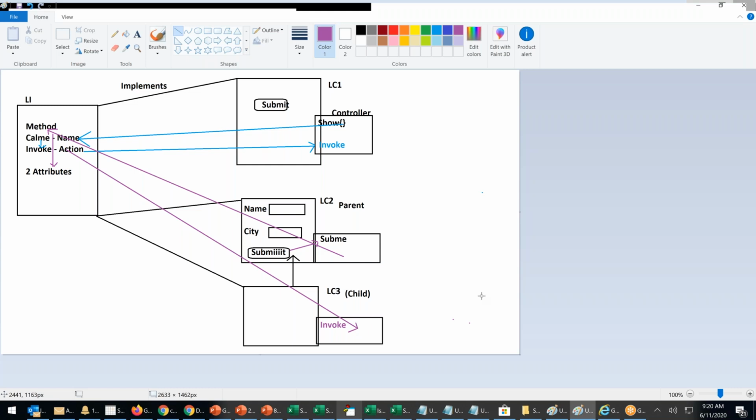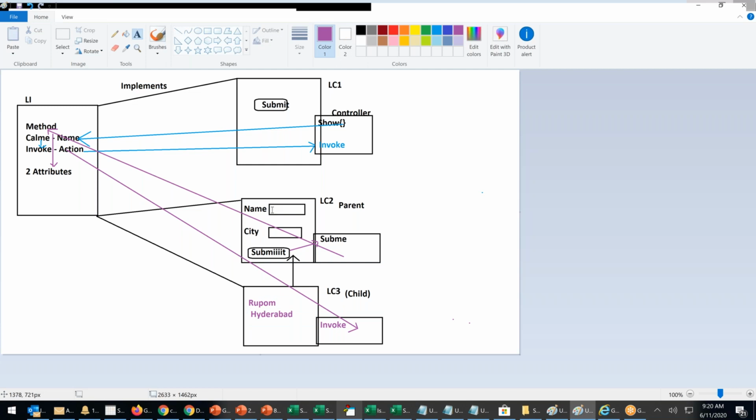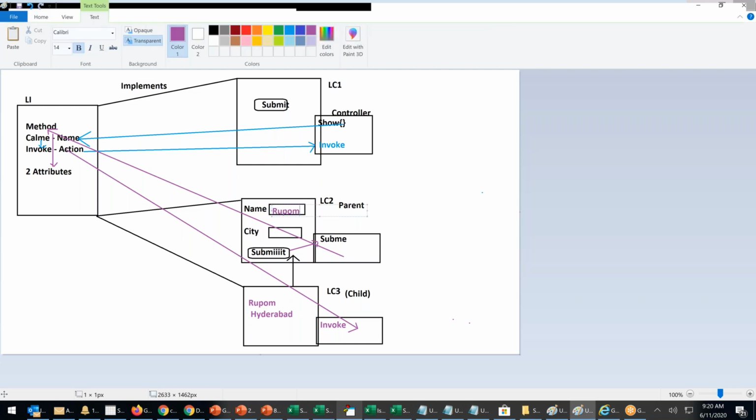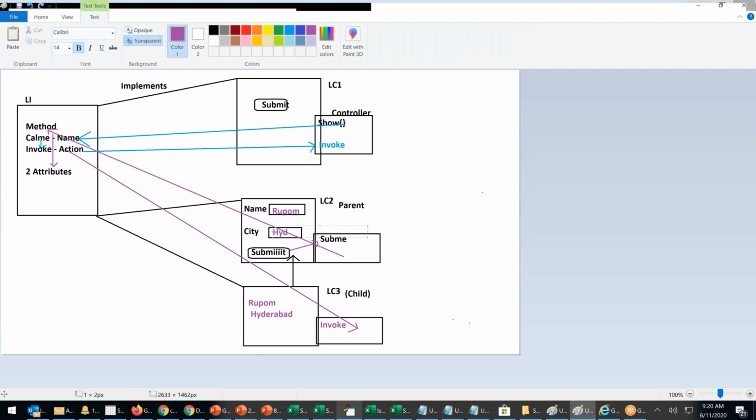Whatever name you submitted should appear here: Rupam, Hyderabad. I fill the form in component 2, but I want it to be visible in component 3.